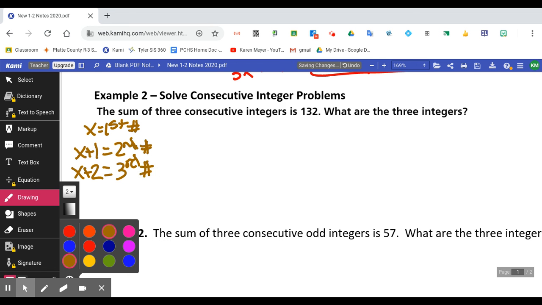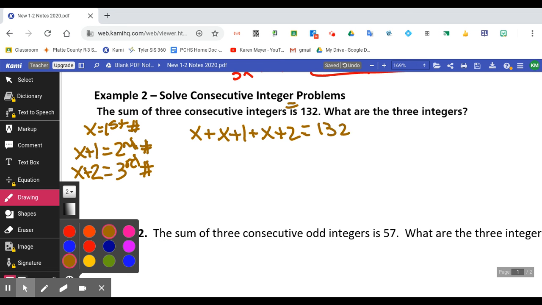So my first integer is x. Sum means addition, so plus. My second integer, which is x plus 1. Sum means addition again, so plus. Third integer is x plus 2. And then "is" stands for equals